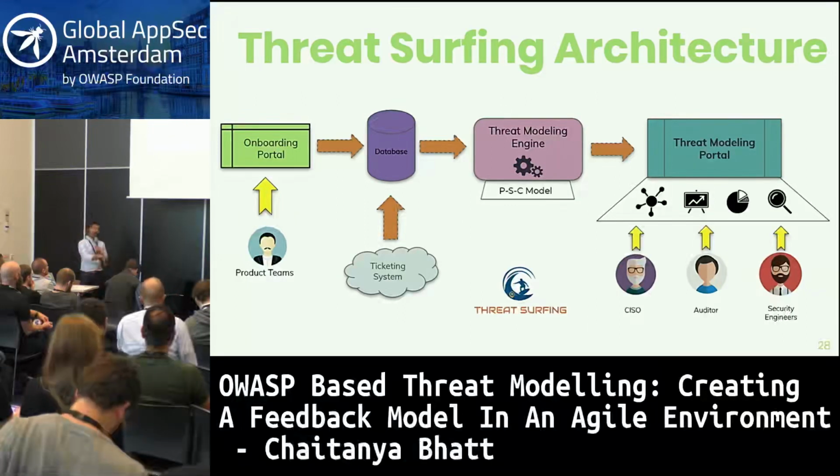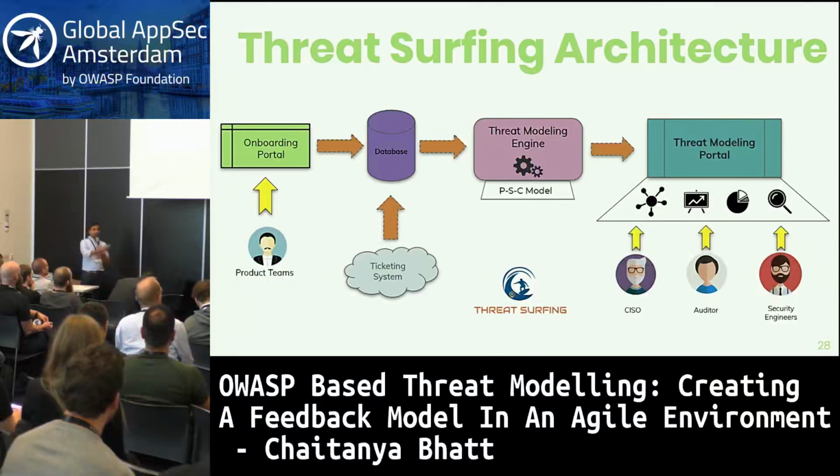But again, this is more like an approach which can be embedded with, I think, if you integrate this with,